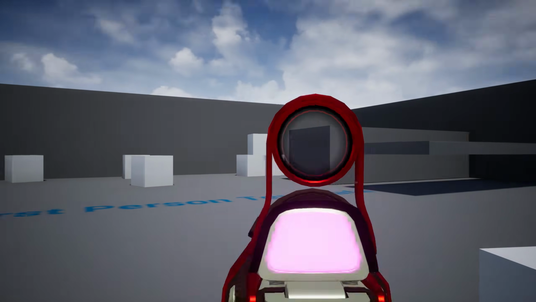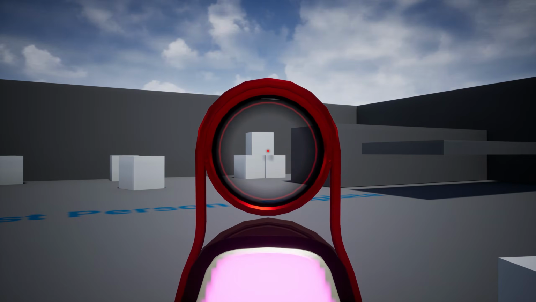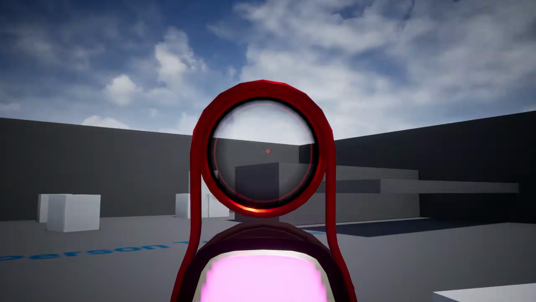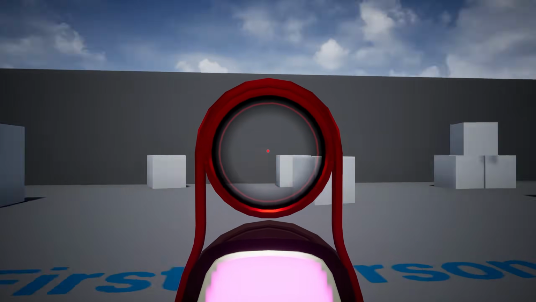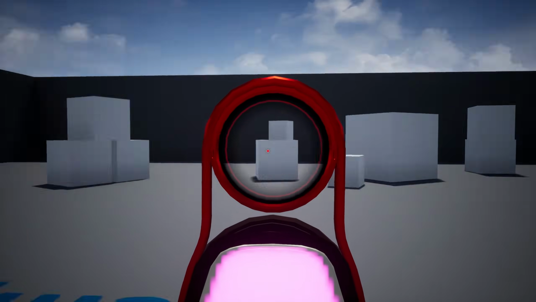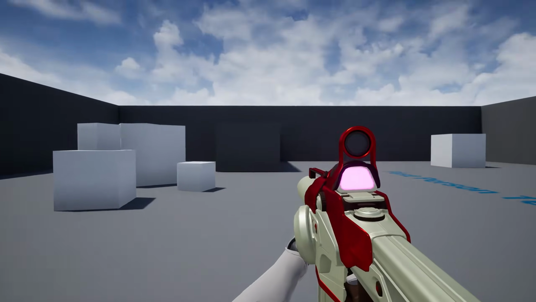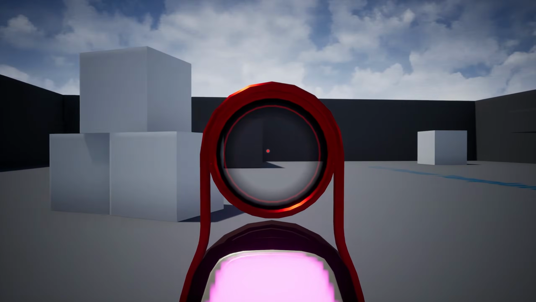How's it going, everyone? In today's episode, we'll be working on adding an aim-down sight system to our first-person shooter project. Full disclaimer ahead of time, this is not a fully procedural system, and we'll go over how to create the utility actor to calculate the proper offset vector for aiming down sights. Later on, you'll be able to easily modify this actor for all kinds of different weapons and idle poses, but